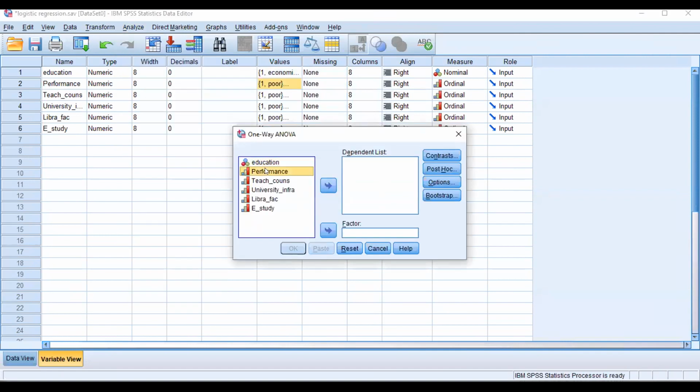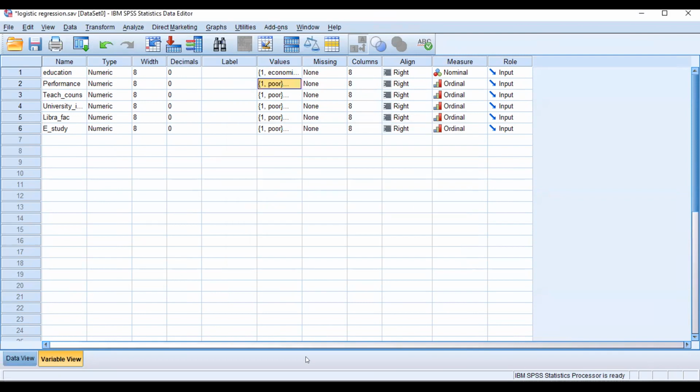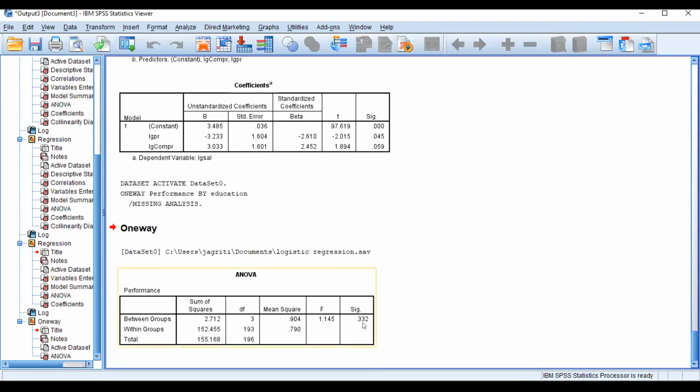with performance and education in a factor, and then we will test. Okay, stop, and then I will go to output. I have a significance level of 0.332.